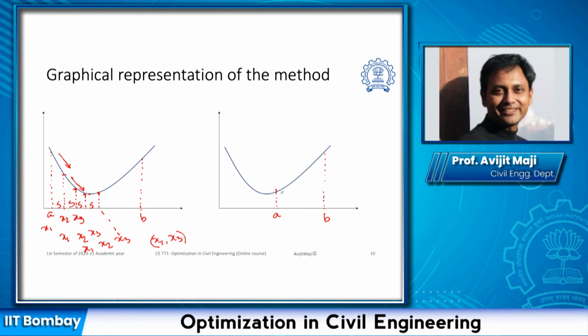From here if we start S distance, so this is my second point, so the first iteration A is equal to x1, this is my second point x2, and this is my third point which is x3. In this case, if we see the objective function value,